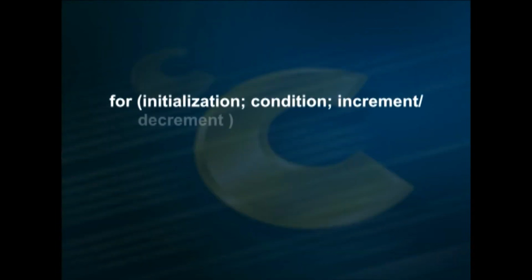Third one is the for statement. For statement is of the form for, then there are 3 sections. One is the variable initialization, then second condition, and the third portion is increment or decrement, within the braces. Then the statement follows that. The initialization step is executed first and only once. This step allows you to declare and initialize any loop control variables.